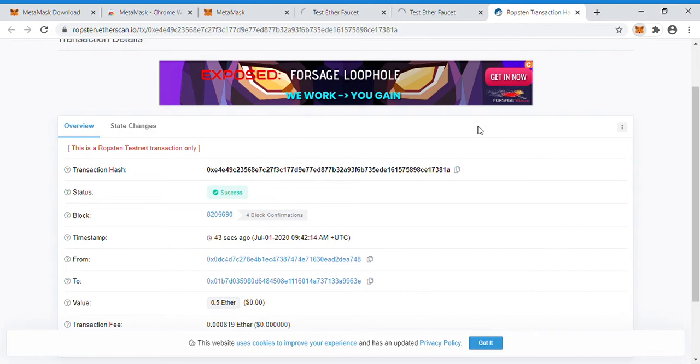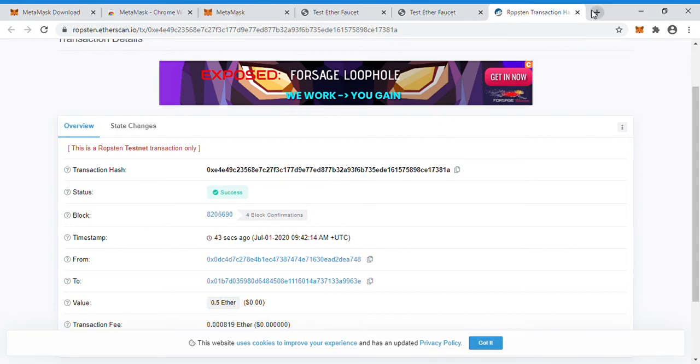So I want to deploy one smart contract, right? Here I have selected the account Shashi. This is the account address of Shashi. Now let me deploy one smart contract. So what is a smart contract? It is a computer protocol or a program that can be deployed into the blockchain in order to perform certain operations. In Ethereum, smart contracts can be written in the Solidity programming language.